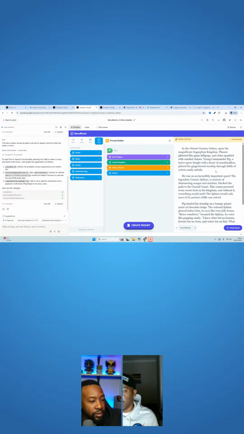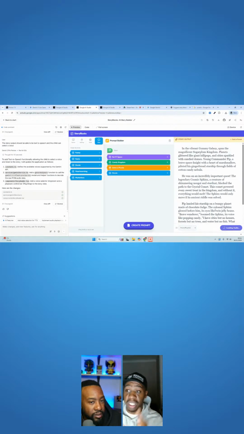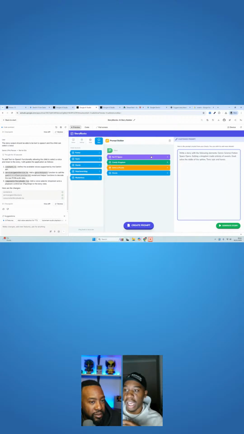And if we actually play the output, this is the output. It generated a story, and you can actually hear it. It might take a while to play the audio, but there is audio. It will play it out loud. Yeah, it might take a while. So we are just going to go back. And what they could do,